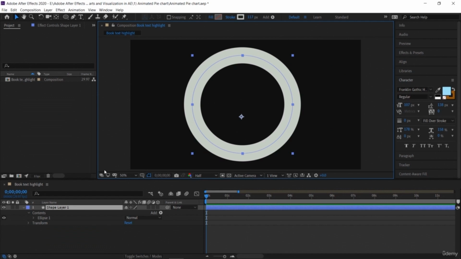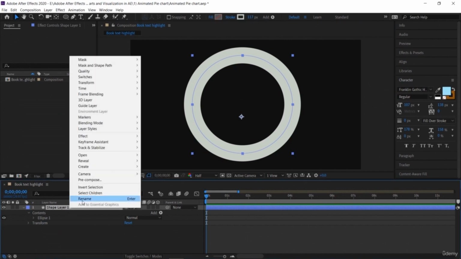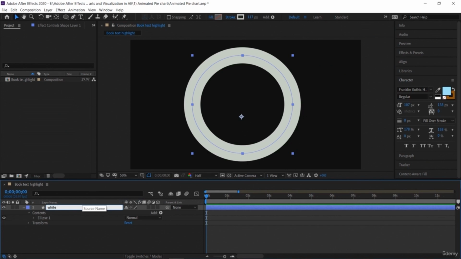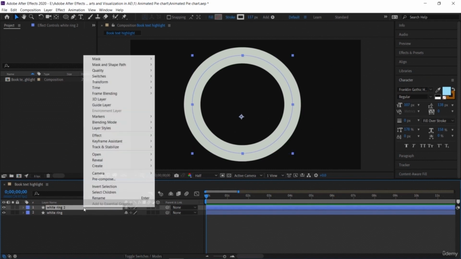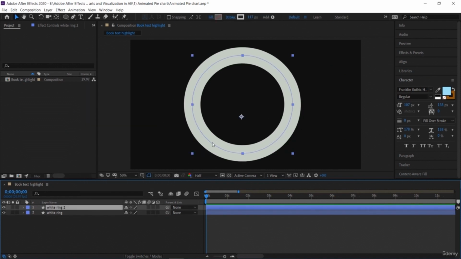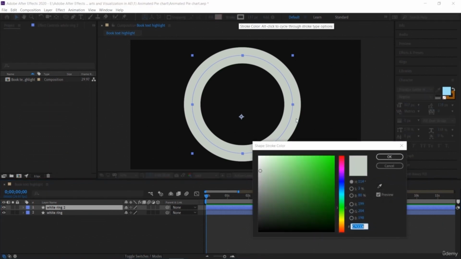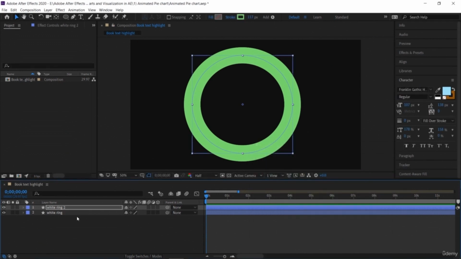So now the next step is to rename this ring because Shape Layer 1 would be very big. Let's make it white ring. So in that case, we could refer to it very easily. Now we want to add one more ring that will show our data, that is animated data. So let's choose any color, say change this to green. So we have this green progress on the white background. Just rename this ring to green ring